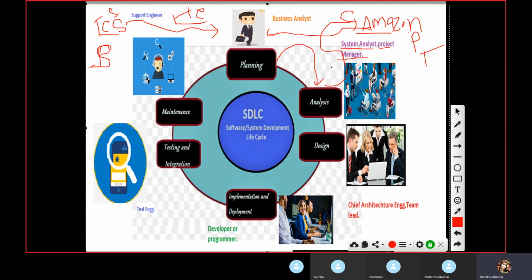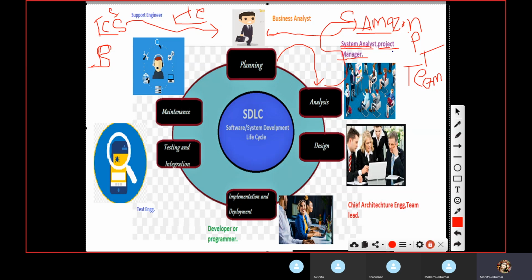Now after analysis, we have the system analyst and project manager. What is the job of the project manager? The project manager will make a plan or a team. The project manager's job is how to start the project.